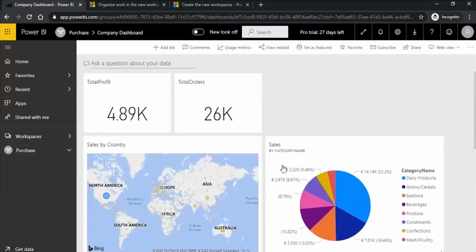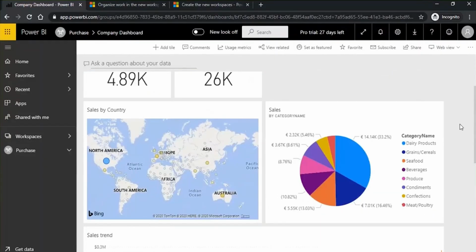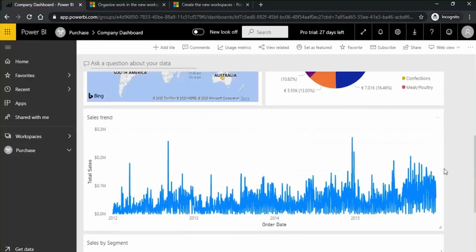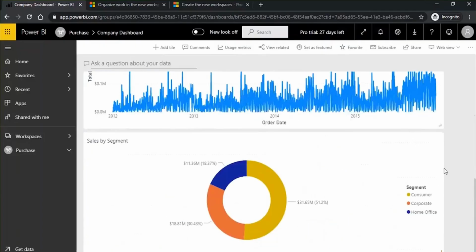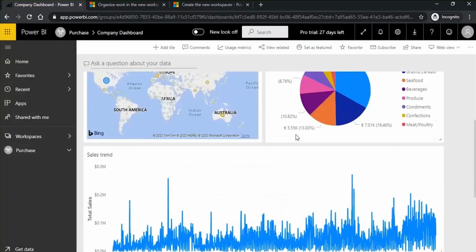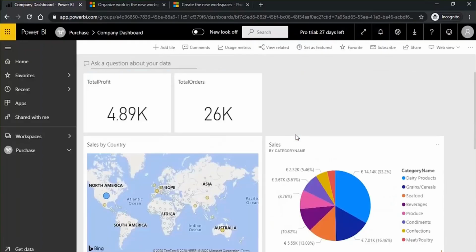All right, so here you will get a scroller, right? So you can add multiple tiles on one dashboard, because here you have the scroller. Scroll down, and here you will have the visualization of your different tiles from different reports. Okay, so this is the dashboard. Now from the dashboard there are multiple things which can be achieved, right? This is just an overview of the dashboard, like how we create dashboards.